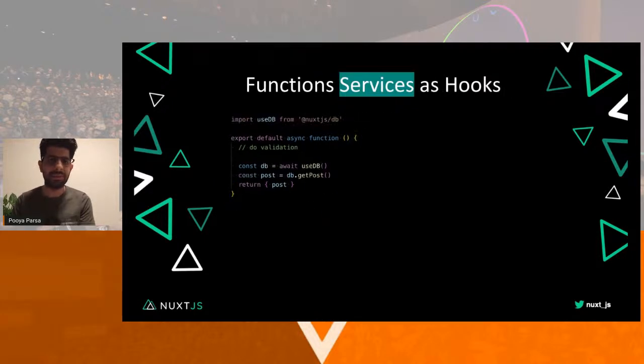The alternative approach that I was thinking about is using hooks for functions. So whenever, after validation, when you are sure that you are really going to make a DB call, you can initialize the database using, for example, just an imaginary module like Nuxt.js DB or Nuxt.js FoundationDB. And exactly at the time that you need it, you initialize it and use it. So it's much more efficient.